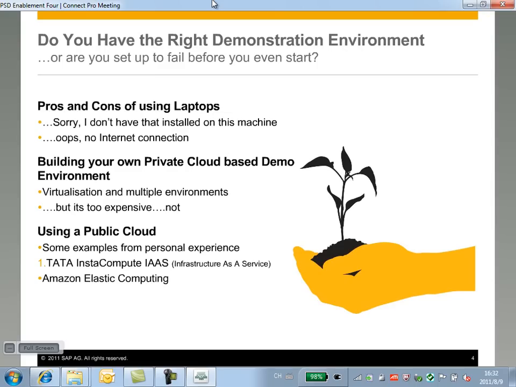Well, the good news is it's getting easier and easier to do that. So, for example, a couple of things that I have worked with from personal experience. The most recent one that I have set up is a demonstration system which we are currently trialing internally at SAP, where we have put the SAP Business One starter package on a demonstration server, which is being run using the InstaCompute infrastructure as a service